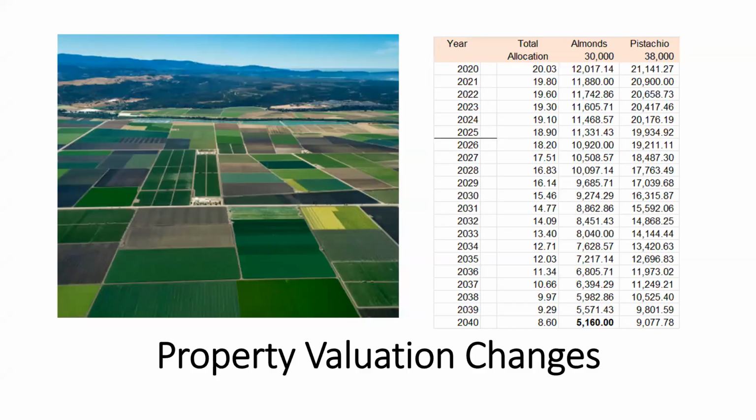So you look at valuations: with only that much water, you can only produce so much revenue because you can only grow so many crops. So the price of your land drops dramatically. A typical almond orchard was going for about 30,000, close to 45,000 in some places. And same thing with pistachios. It was pretty high up there. I was seeing pistachio orchards going for 55,000, but conservatively, let's say it's 30,000, 38,000. And your production is at 2,500 pounds and your price per pound is $2, then this would be the valuation